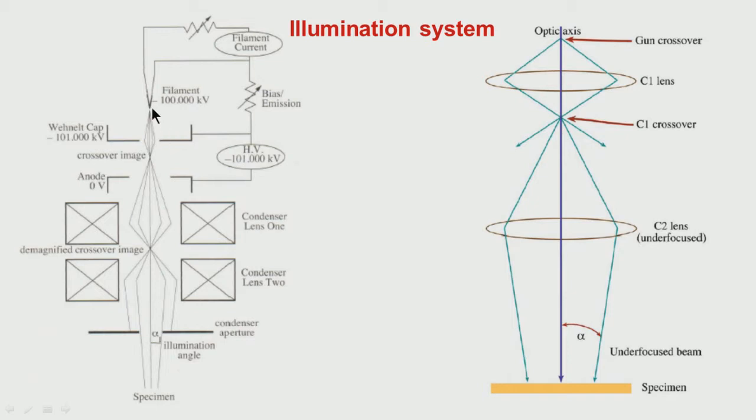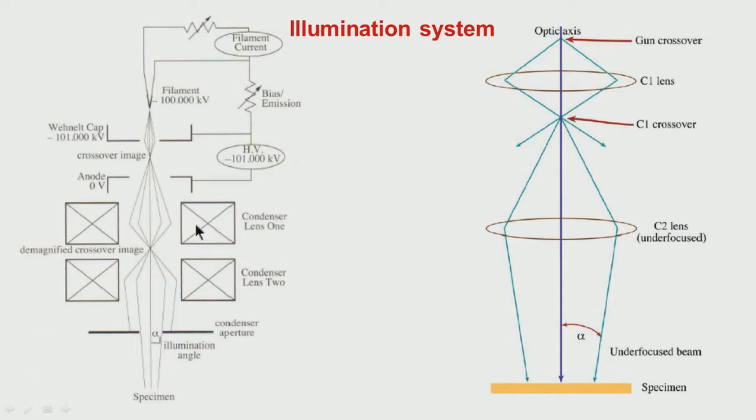The first thing we should have is an electron gun, which is the source of electrons. As you look at this diagram, in this case it's thermionic, it could also be field emission, where a filament is heated to a high temperature so it emits electrons, and then we apply some voltage to control the beam current. In that process, application of the voltage acts like a lens and focuses it onto a point. This point is called the crossover, and its size and how much beam current is there decides the characteristics. This will come shortly.